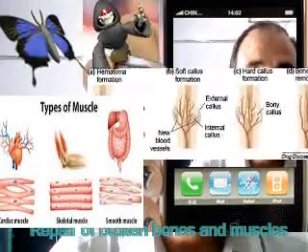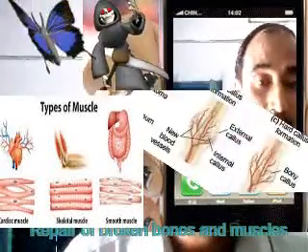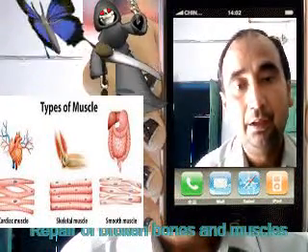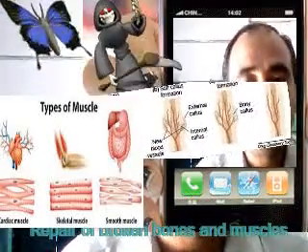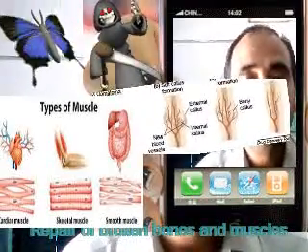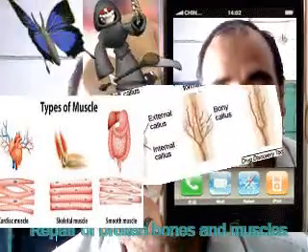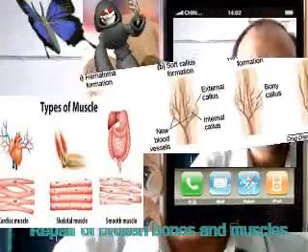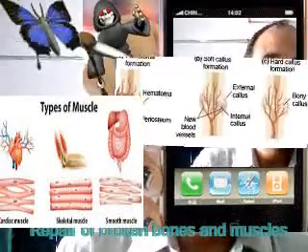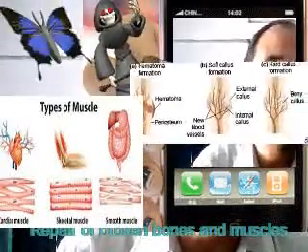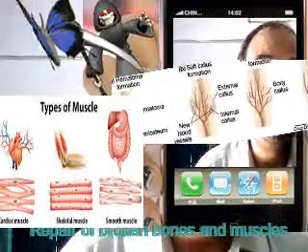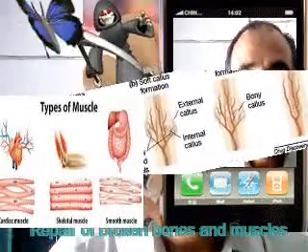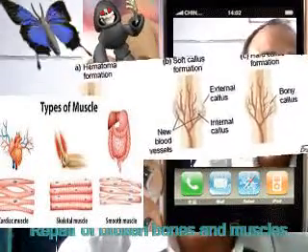Now the second process begins, called soft callus formation. After 3 to 4 weeks, osteoblasts and blood capillaries migrate into the fracture site and clear the debris, and now the bone forming cells, osteoclasts, osteoblasts and fibroblasts, migrate into the fracture site and divide rapidly, and now it forms the callus called soft callus.